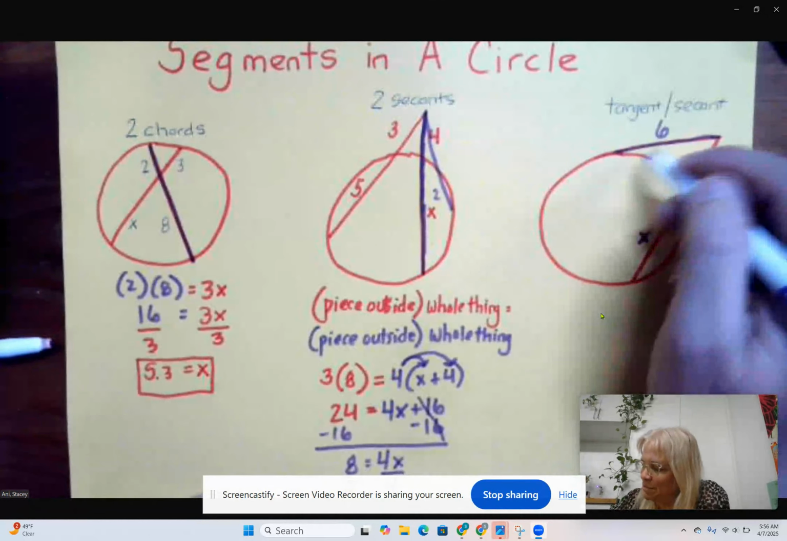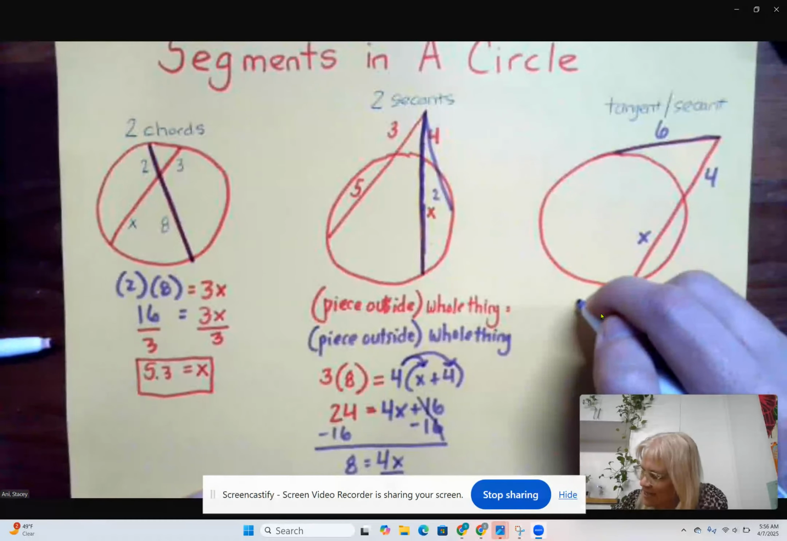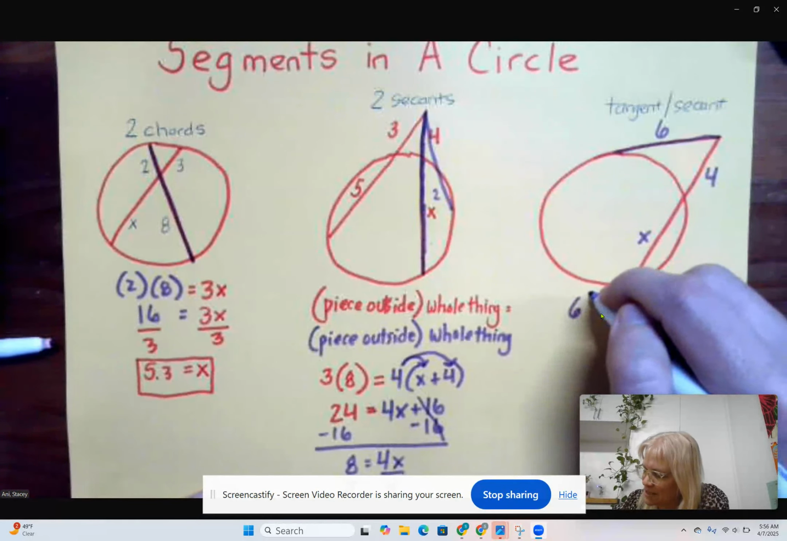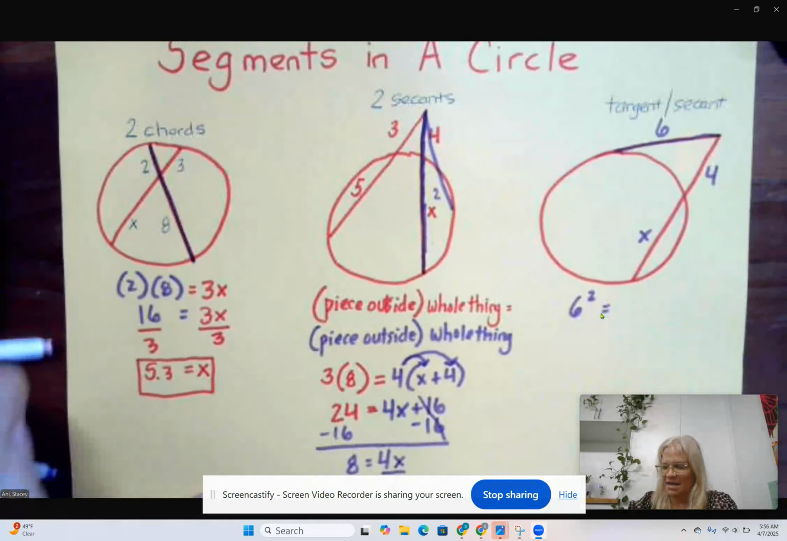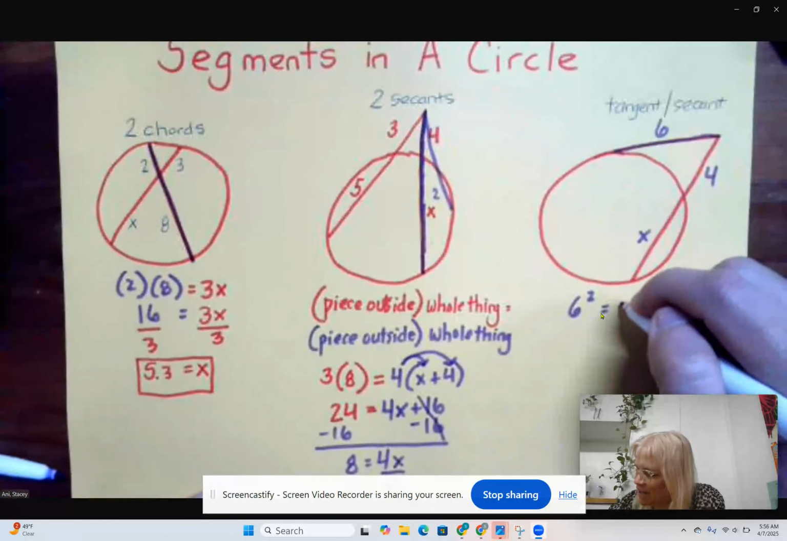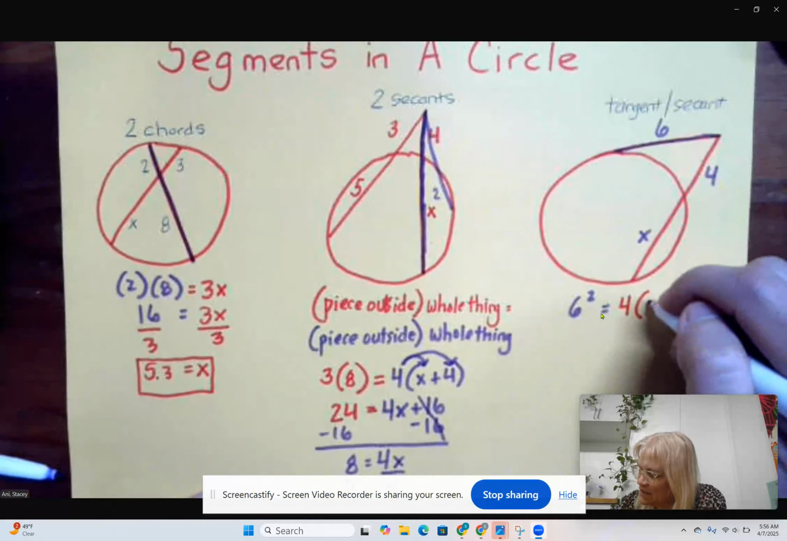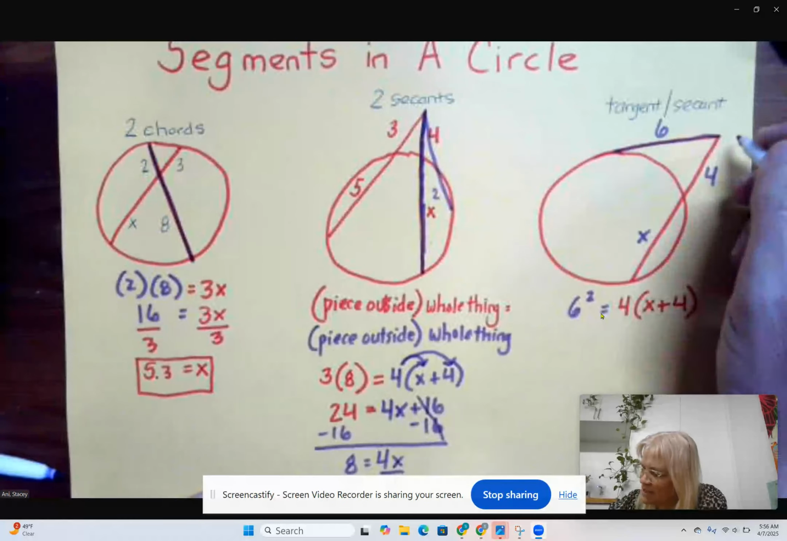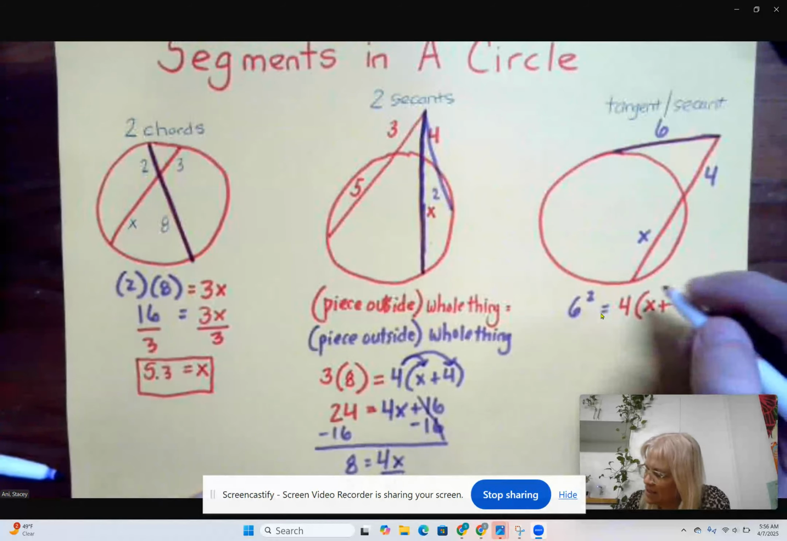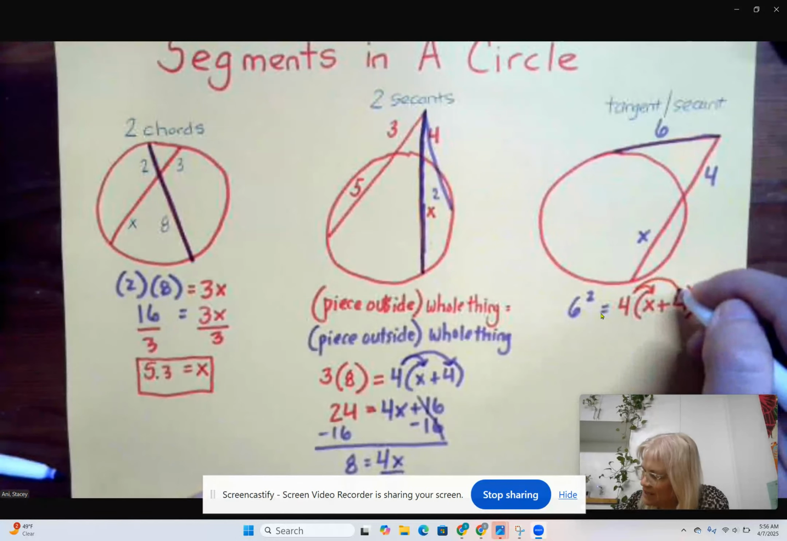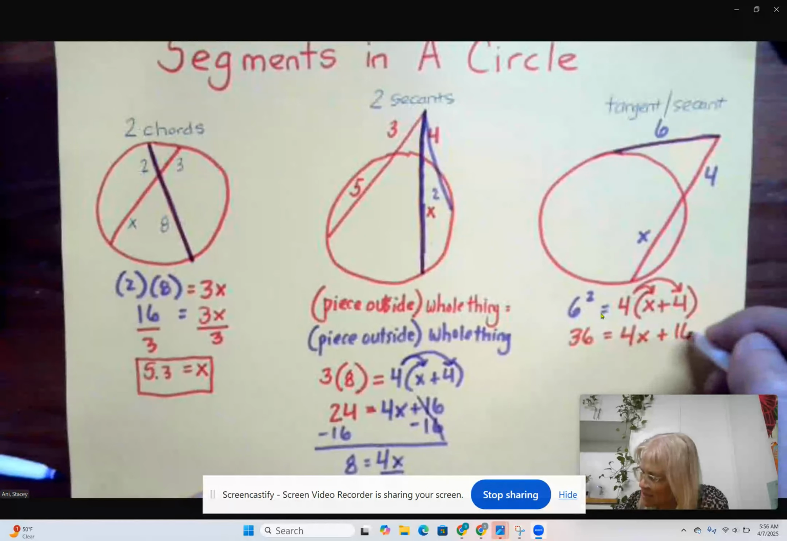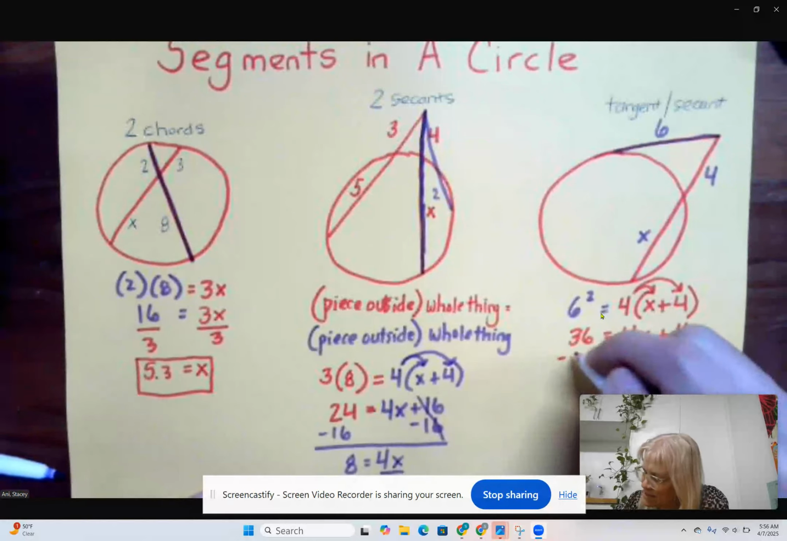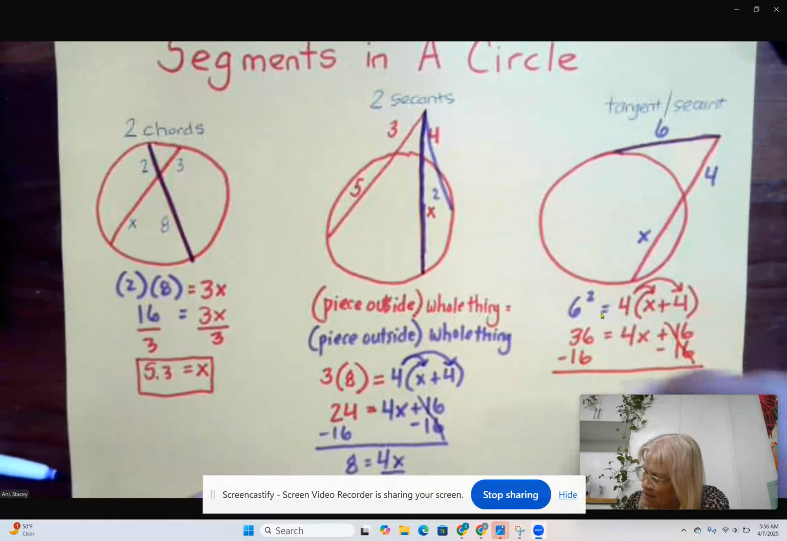So what we would do, because we only have one piece here, is we actually square it. So it would be 6 squared is equal to, and then it's the same over here. For the red, it would be the part outside times the whole piece. And the whole piece is x plus 4. So again, we have the distributive property. So we're going to do 36 is equal to 4x plus 16, minus 16 on both sides. And we end up with